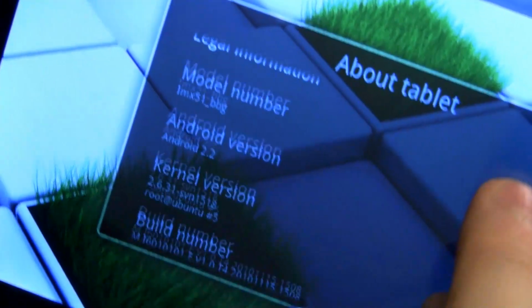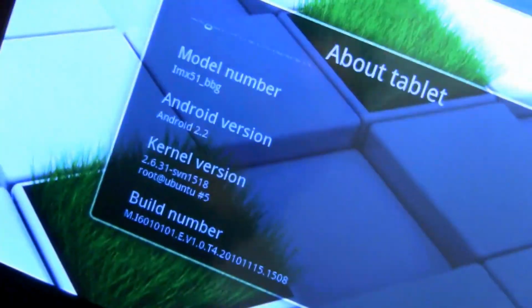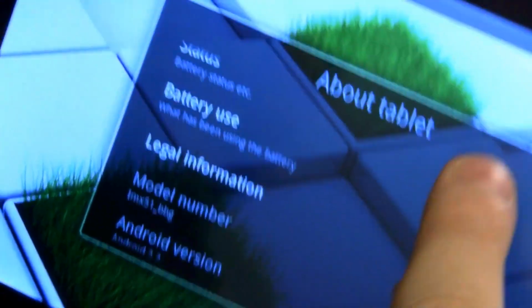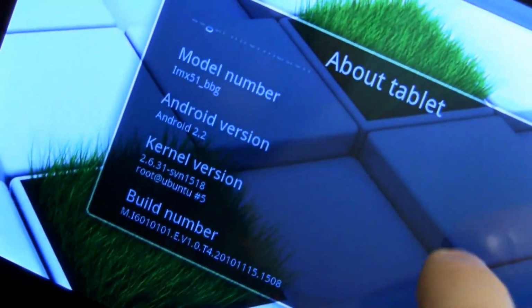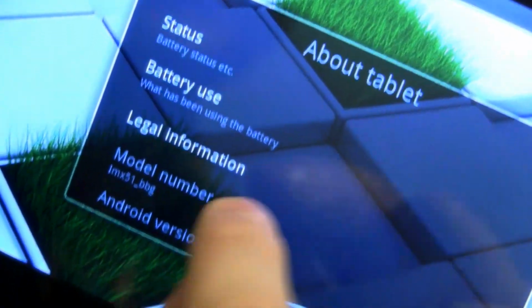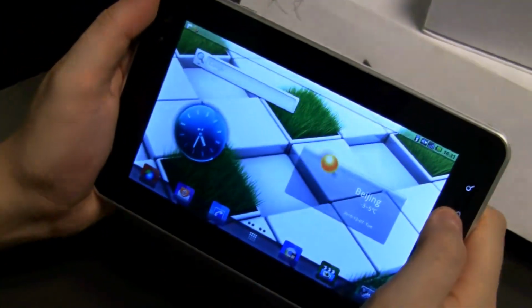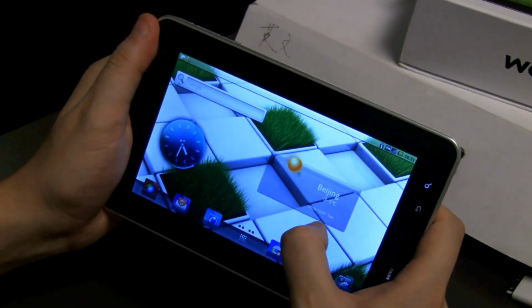Android 2.2. Not sure about the build number right now here. What's that? Kernel version. It says something about Ubuntu, root Ubuntu, whatever this is. Let's go back and let me show you